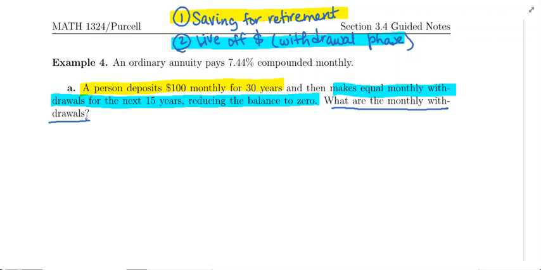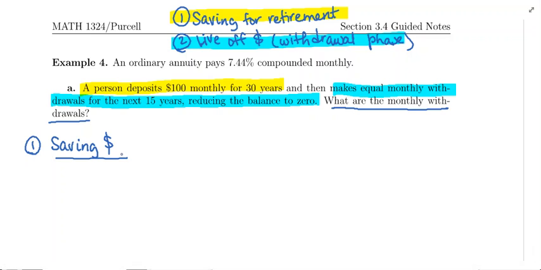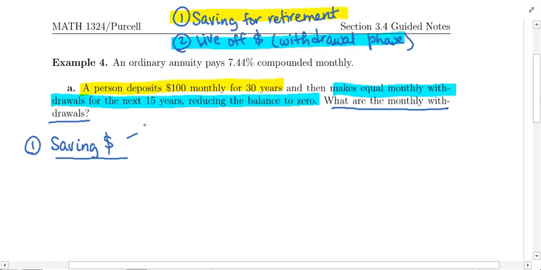So we're going to start off with the first phase, saving money. Let's jot this down. Again, that's the part that we have highlighted in yellow. How does the person save for retirement? They deposit $100 every month for 30 years. The money grows through these regular deposits and through interest. The person is saving money through these regular $100 deposits, and there are no withdrawals during the